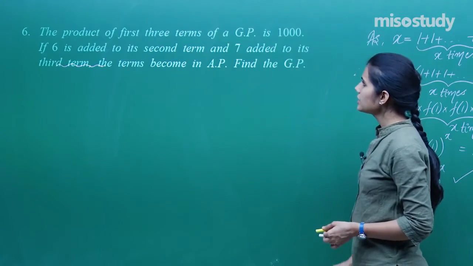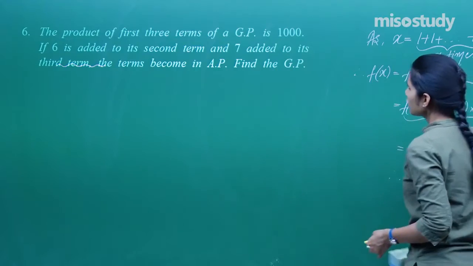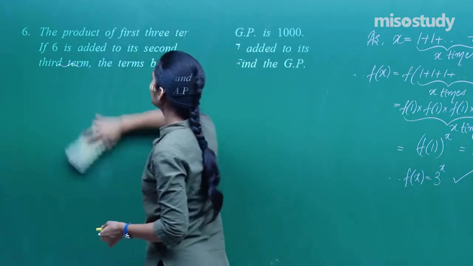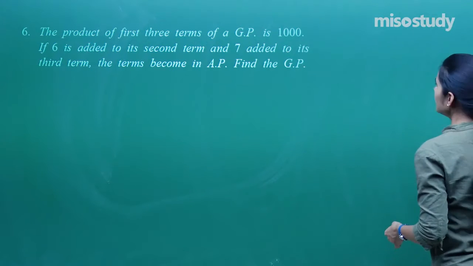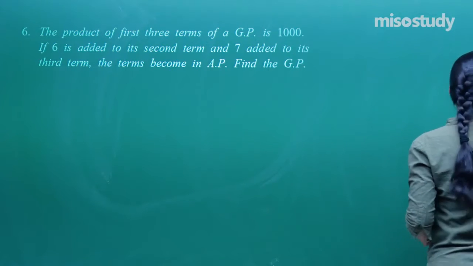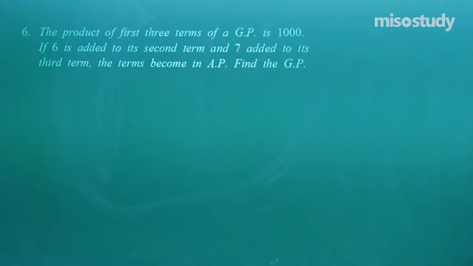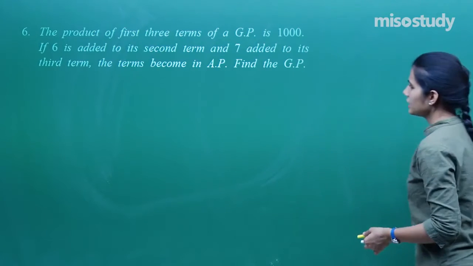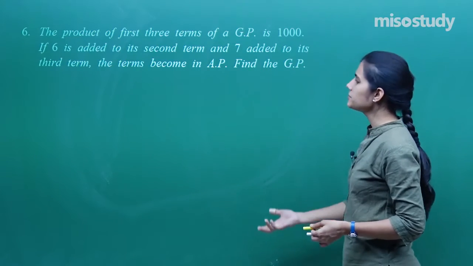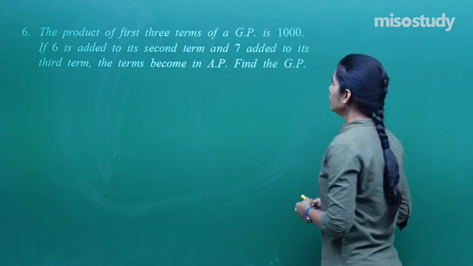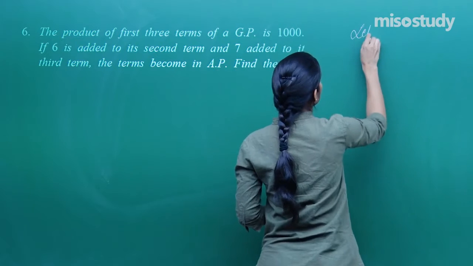Next question says that the product of the first 3 terms of a GP is 1000. Now, they are not giving you the 3 terms, they are saying that there are 3 terms of the GP whose product is 1000, and then a condition is given and a question is being asked. The condition is that if 6 is added to the second term and 7 added to its third term, then the terms actually become an AP. So, we know how to select 3 terms